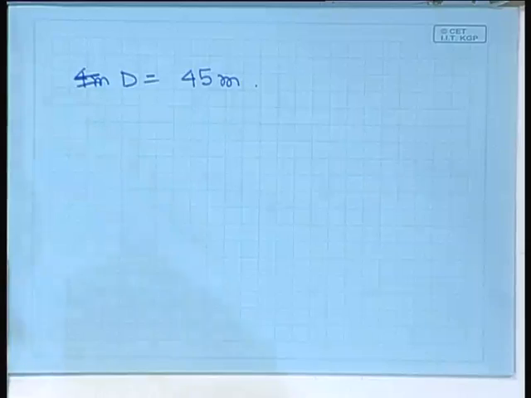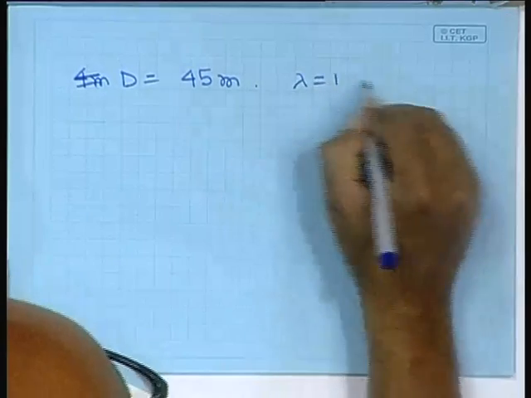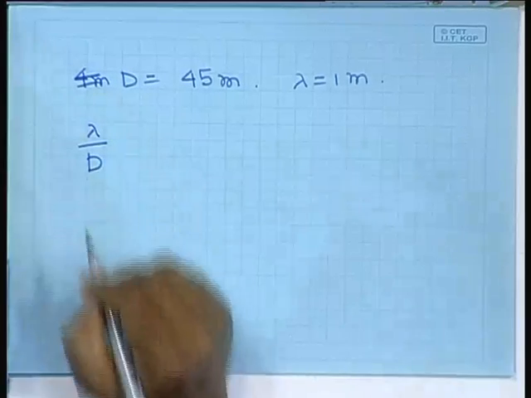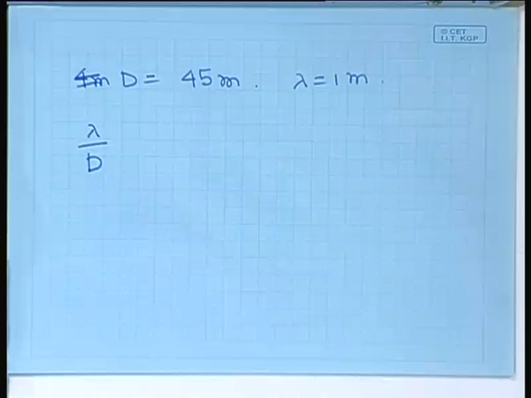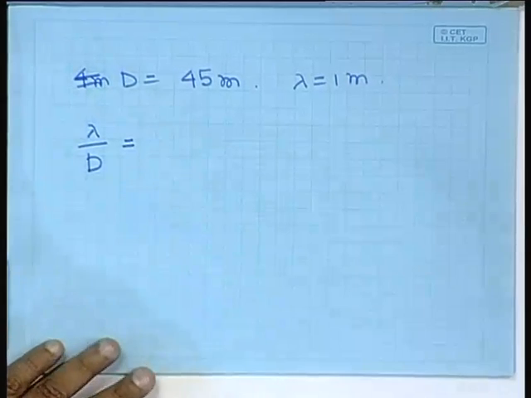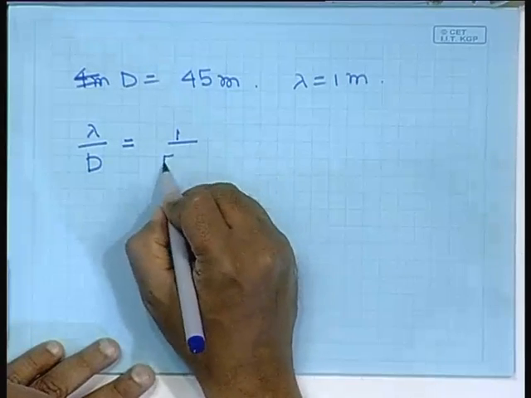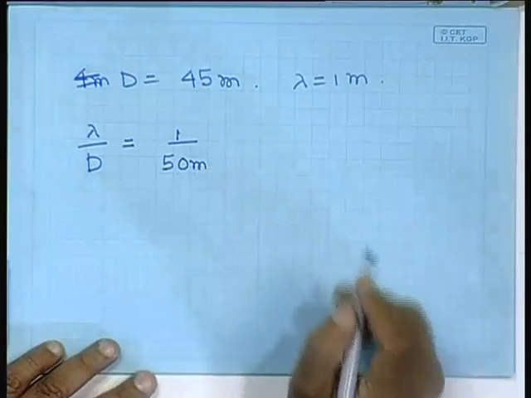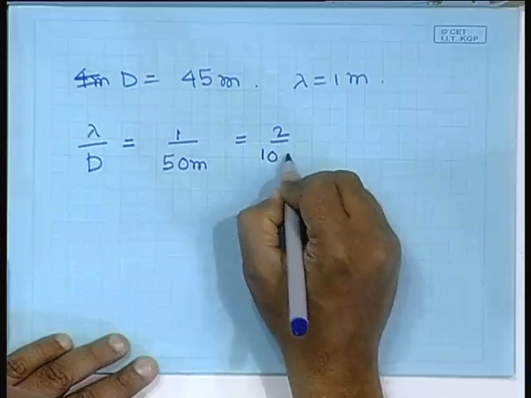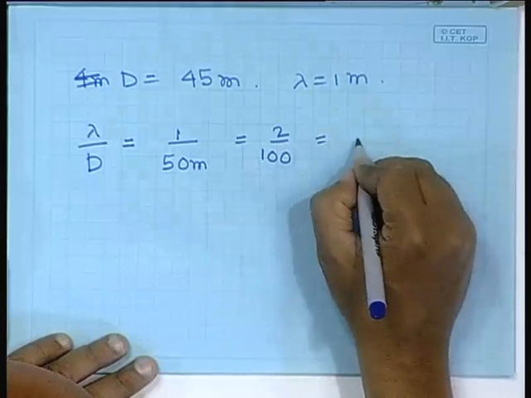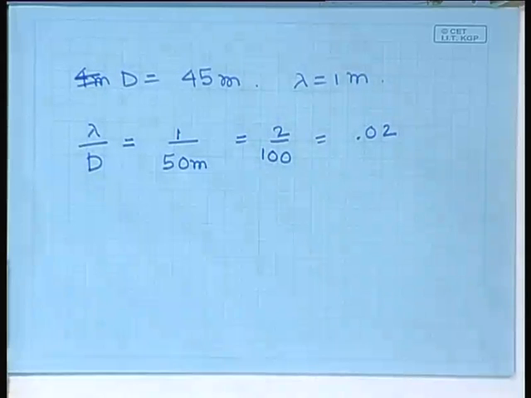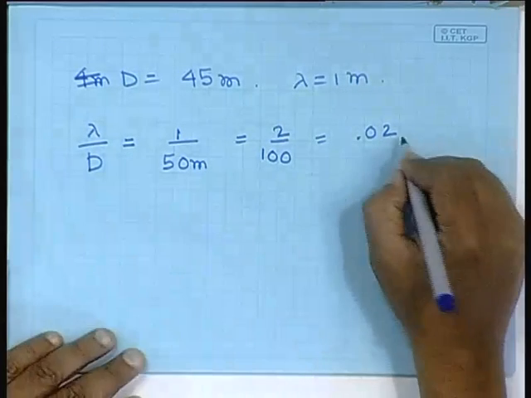And it works in the meter wavelength. So, let us assume that lambda is 1 meter and make an estimate of the angular resolution of a single dish of the giant meter wave radio telescope. This figure lambda by d now comes out to be 1 divided by approximately 50 meters. So, 1 divided by 50 is 2 divided by 100. So, this is equal to 0.02 radians,